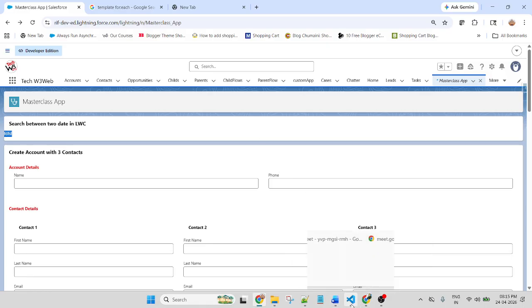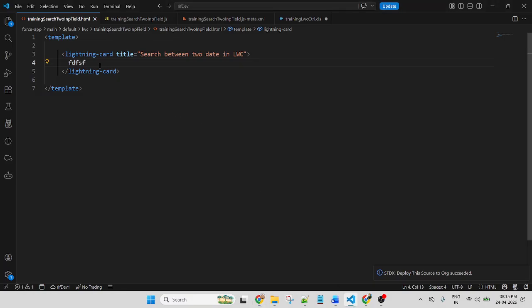This is a property of lightning card, so I start with lightning card in each and every component. Give me 1 minute.